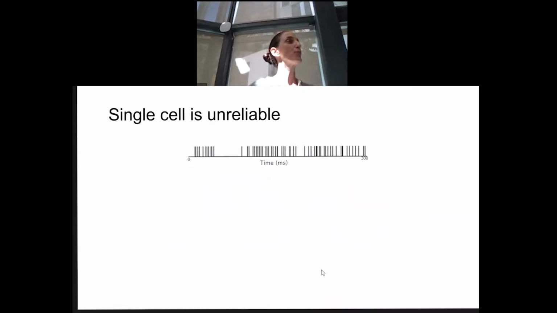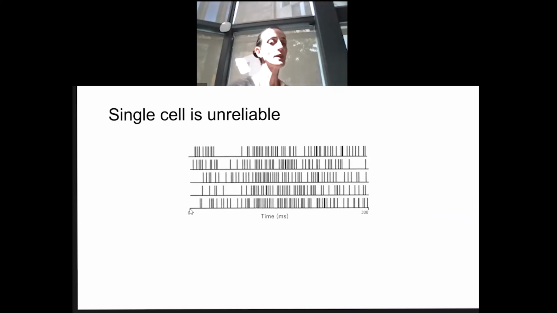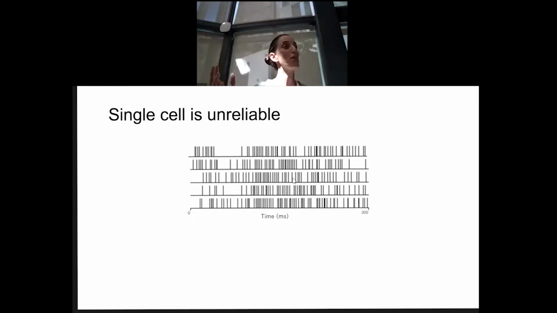So the information cannot be residing within a single neuron, because if we now take a neuron and show a stimulus at time 0, and you see this train of action potentials, these electric pulses, and if you show this stimulus over and over again, you could see that the neuron is very variable. The response is not very robust, in the sense that every time you show a particular stimulus, you will not see the same response, okay? And then once we understood that neurons are not so reliable, we got to the conclusion that the information is actually at the population level.